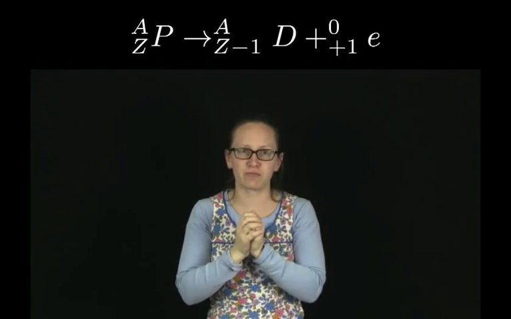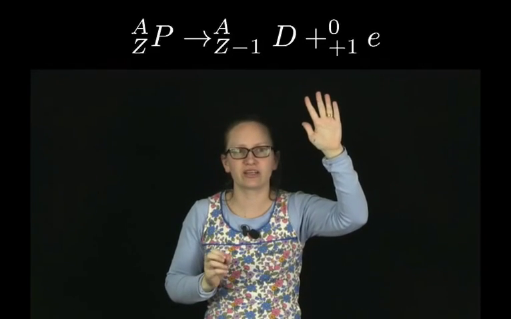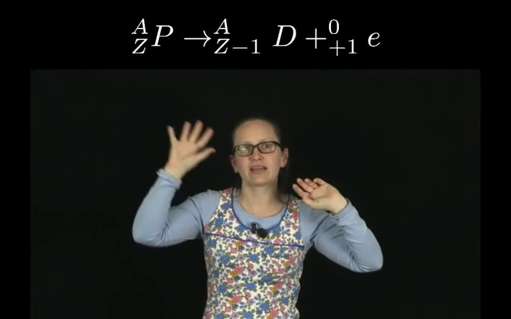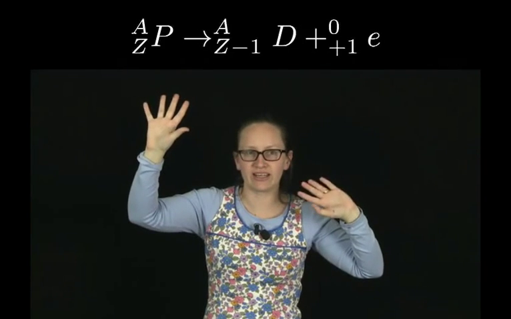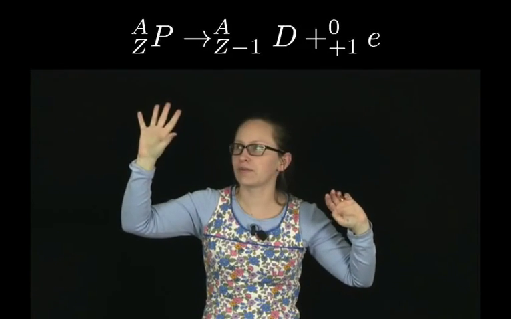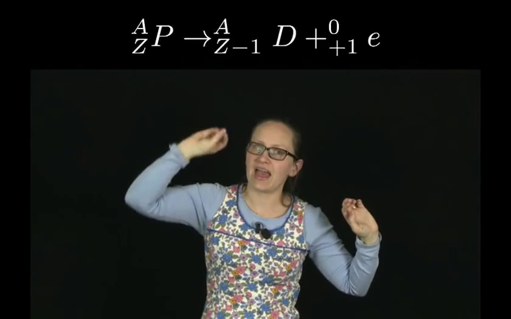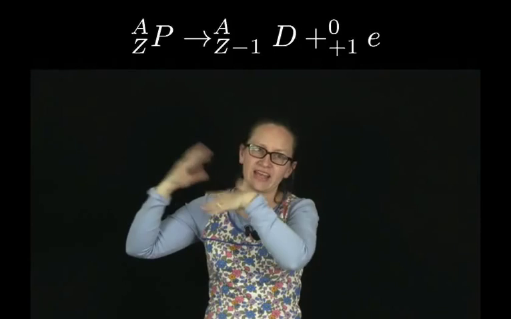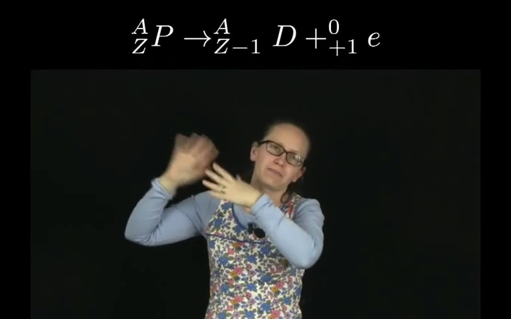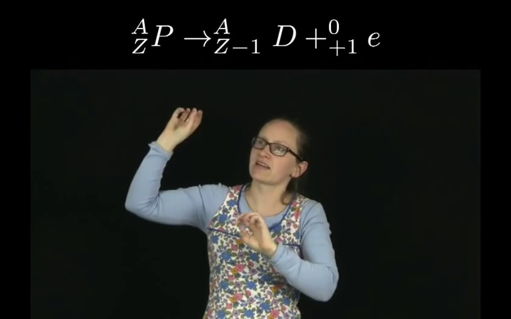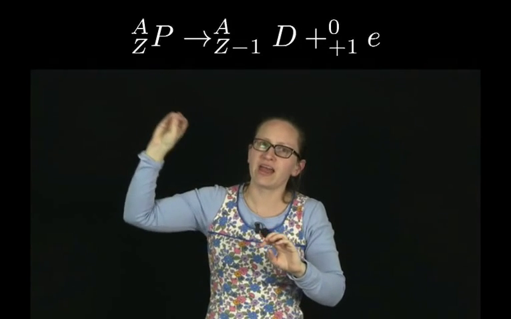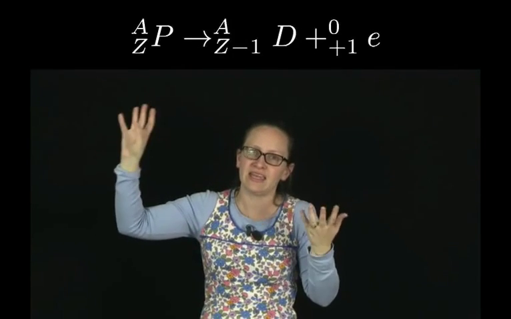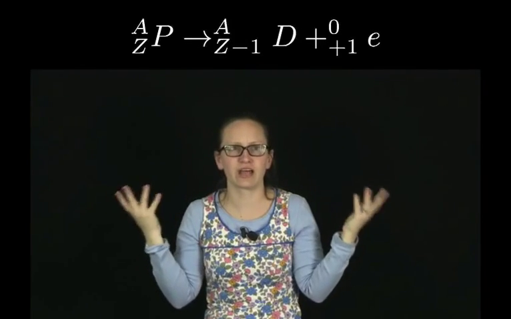So in this type of beta decay, we have the parent nucleus with the atomic number Z and the mass number A, and it forms some daughter nucleus. In this case, the atomic number is Z minus 1 and the mass number is A. And instead of getting an electron formed, we get an anti-electron formed, or a positron formed, which has a mass number of 0 and an atomic number of +1. And the symbol is once again E. So this is an additional type of